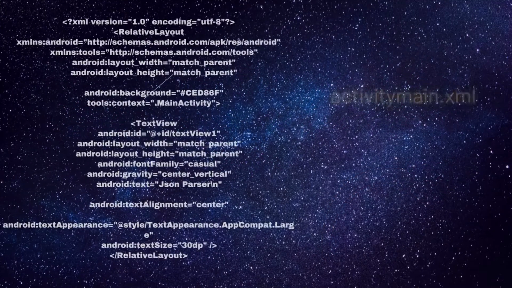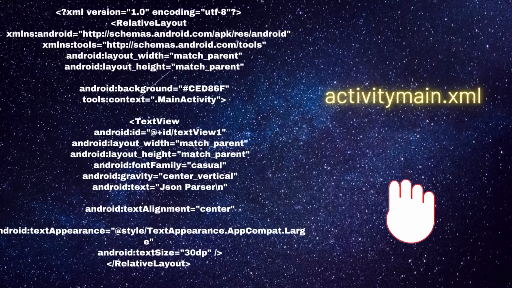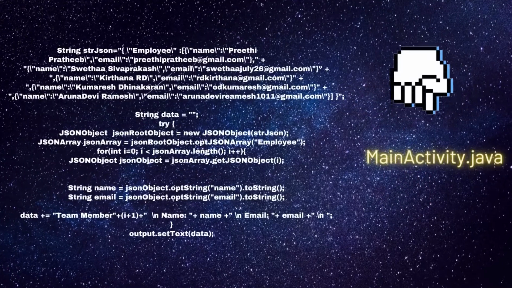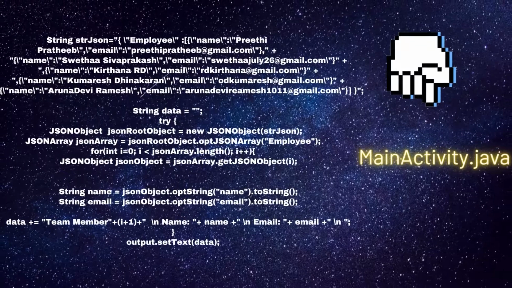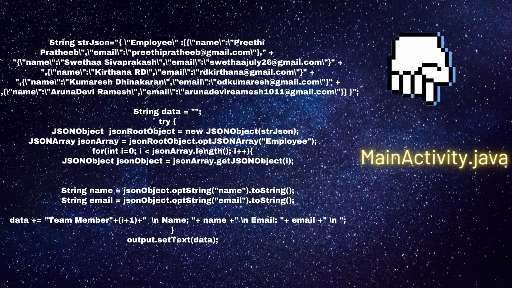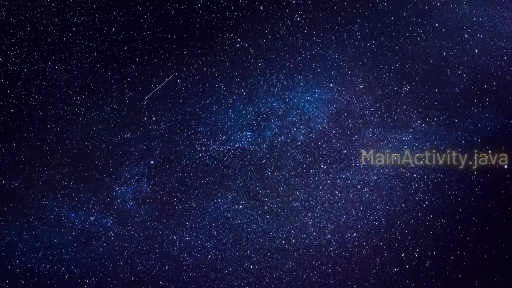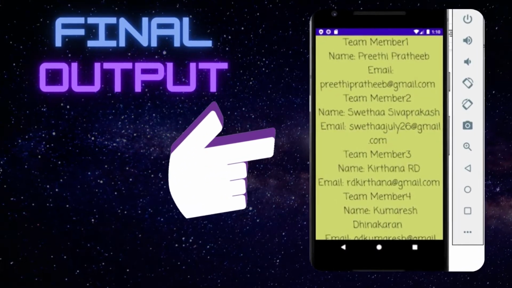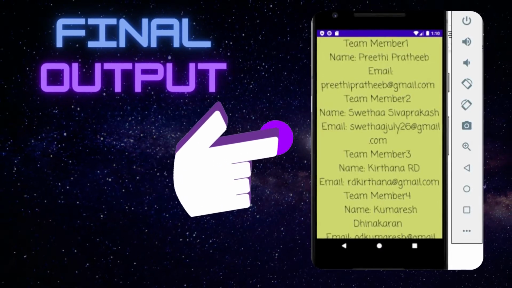Firstly, drag one text view from the palette. Now the activity_main.xml file will look like this. Now let's write the code to parse the JSON in a Java file. With the help of the JSONArray class, you can parse the JSON array containing the JSON objects. Let's see a simple example to parse the JSON array. The main part is to convert the string into a JSON object array, done with the getJSONObject function. That's it, away to go now. Run the app for the